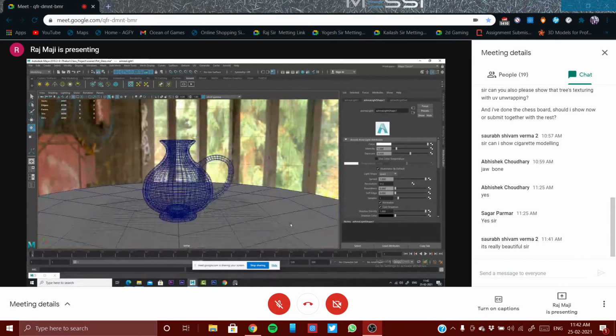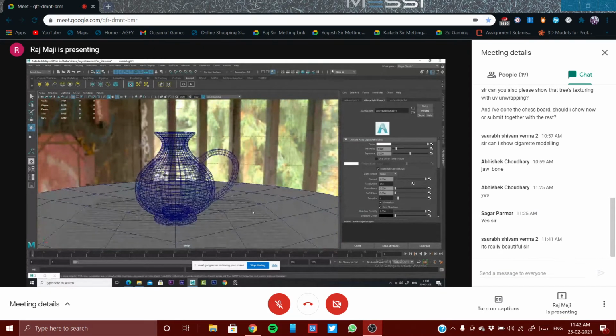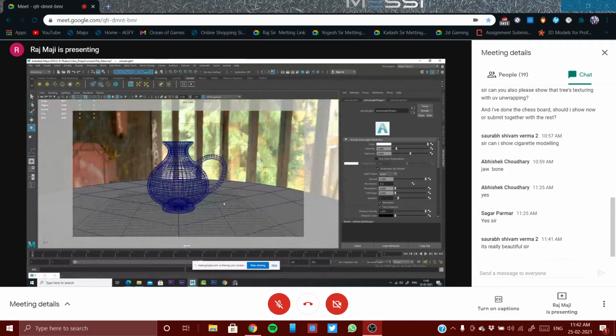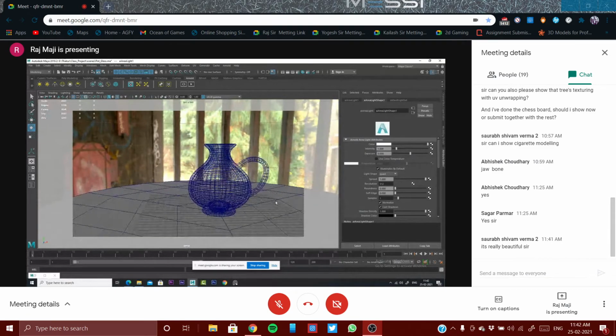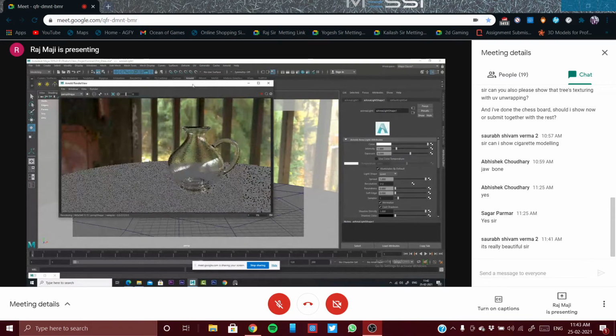Let us check what's happening with this. So this is the resolution gate we are going to render basically. So nothing is happening because of the exposure, isn't it?